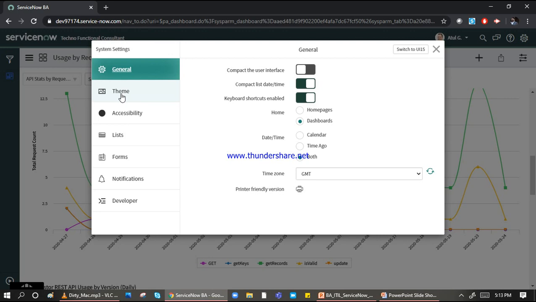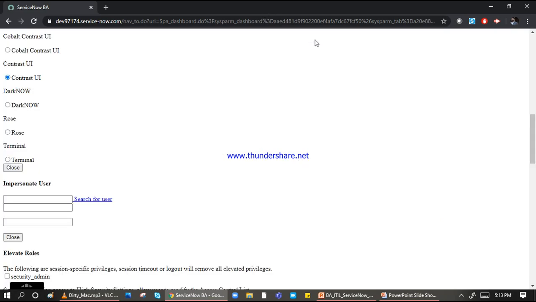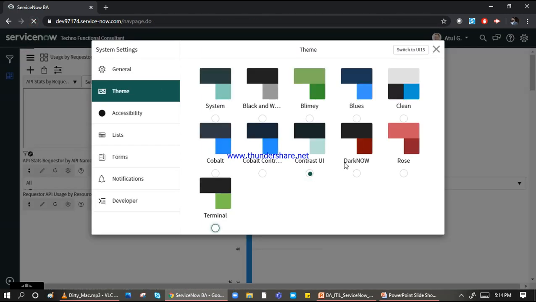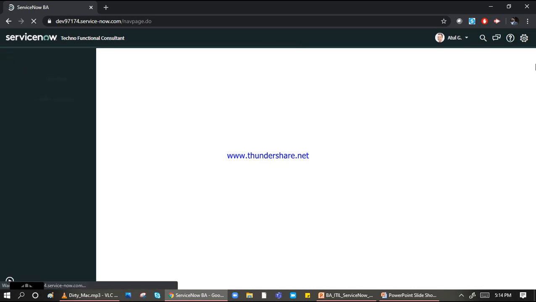Okay. Now we'll go to the theme tab. So in the theme tab, basically, if you want to change the color coding or color system of your particular instance, it is again not going to impact any other instance or any other user as well. It just impacts your instance. So like I can say I like this contrast UI. Click here. So now you can see it takes time. I'm getting this error a number of times now. Okay, let me click again. Okay, so now you can see the contrast has been changed here.